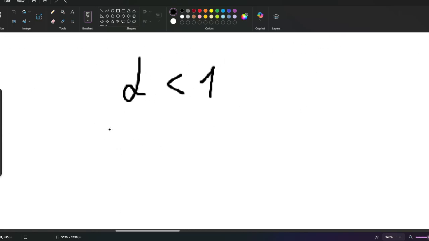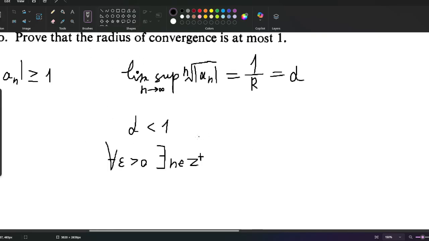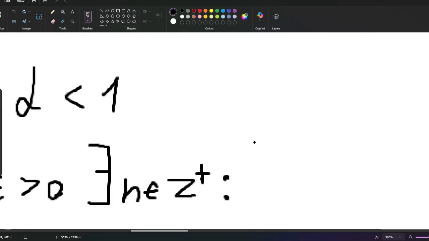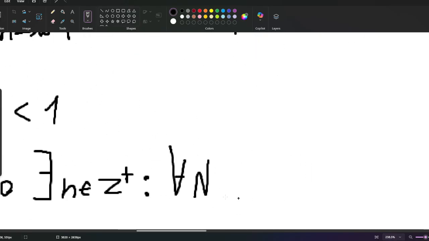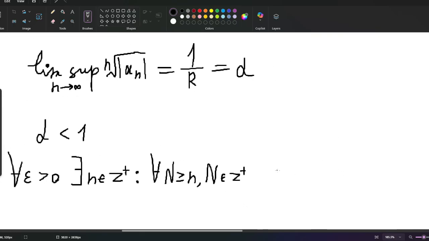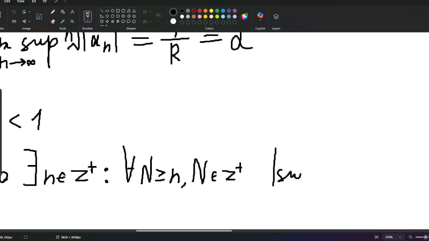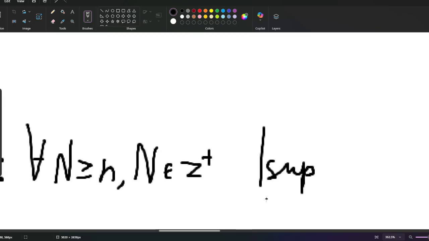Well, if alpha is less than 1, then for every epsilon greater than 0 there exists a positive integer n such that for every capital N greater than or equal to n, which also belongs to the positive integers, we have that the supremum